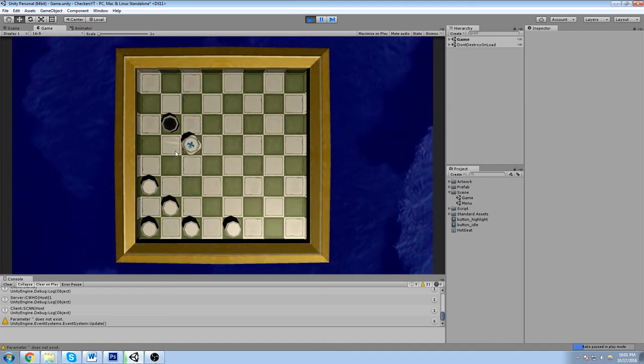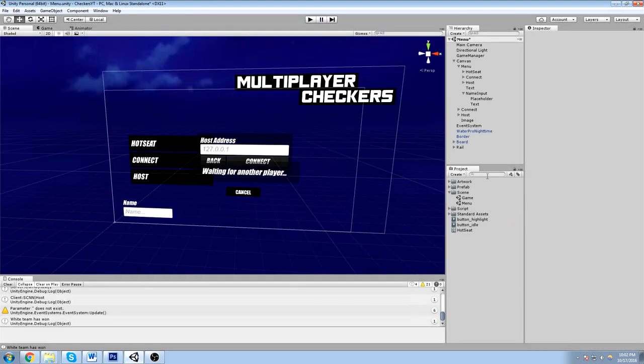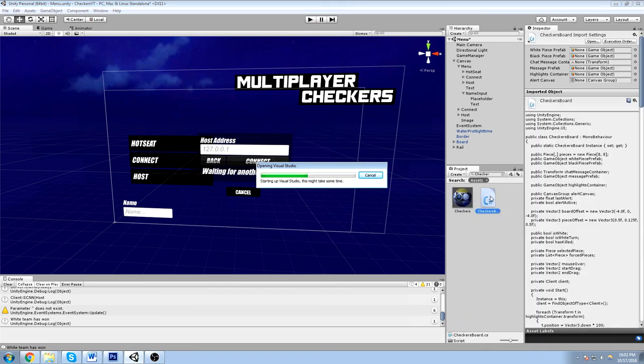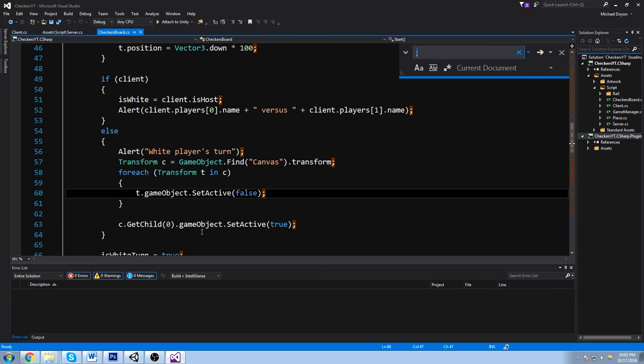Now the only real thing missing is a proper defeat message. So at the end here, when I'm winning, it says white team has won, but it's still the black player's turn. So what we're going to do is simply place a nice alert at the end. I believe that's in the endTurn function. So we head over to the checkerboard. It's not in the endTurn, it's in the check victory. So inside of the check victory,